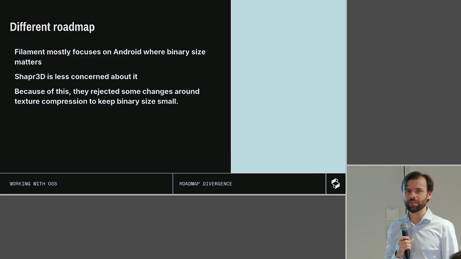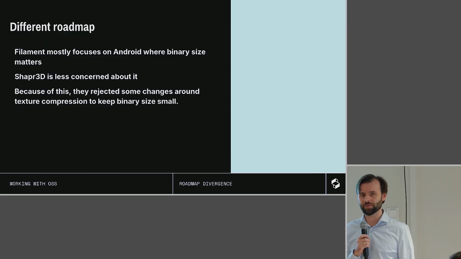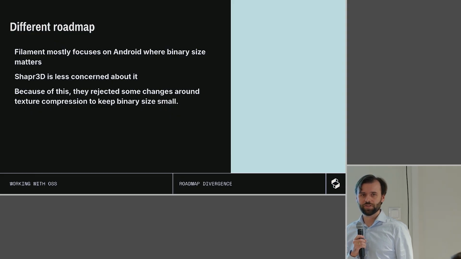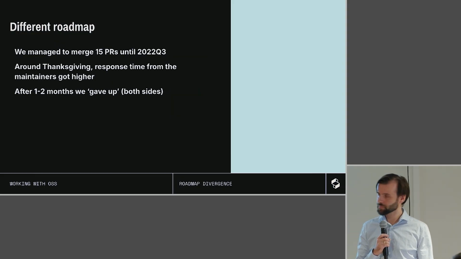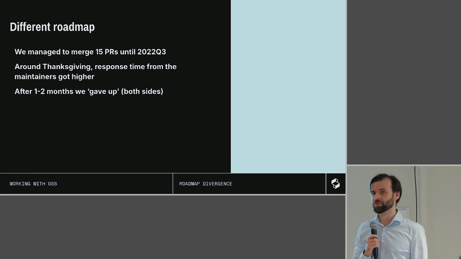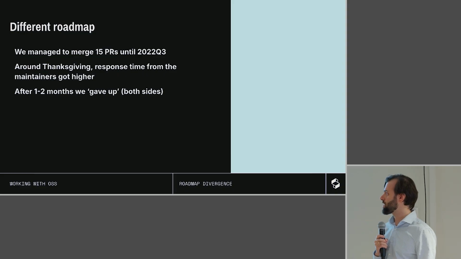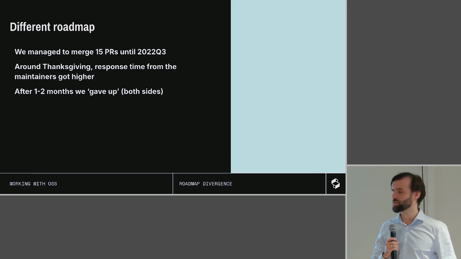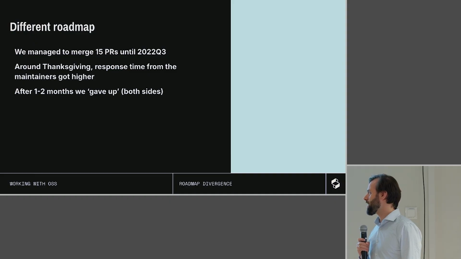Yeah, if binary size is small, good, but we are not that concerned about it. So some of the changes were rejected because of this. Okay, but in around 6 or 7 months, we managed to merge 15 PRs and reduced the divergence as much as we could. But around Thanksgiving,